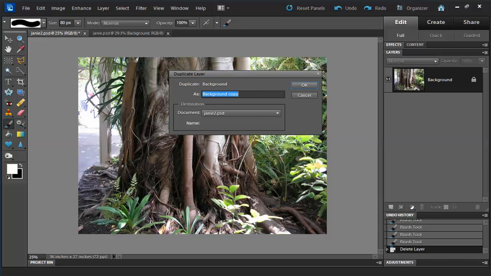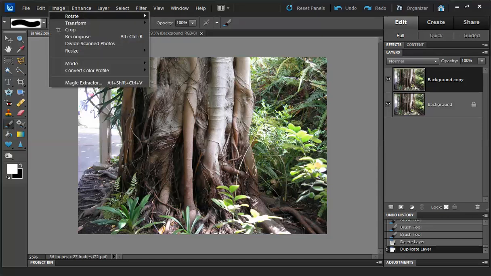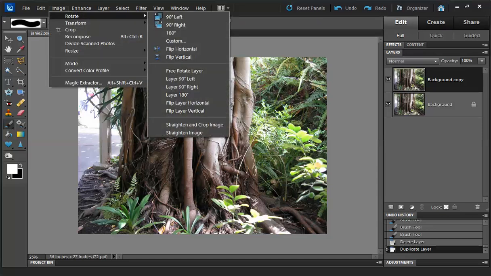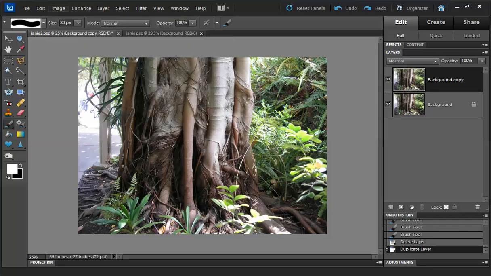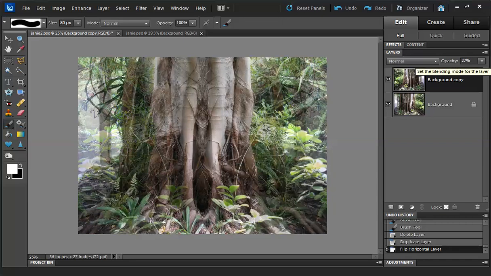I'm going to say OK. With the background copy chosen, I'm going to go up to the image menu. I'm going to say rotate, and I'm going to say flip layer horizontal. With the photo flipped, I'm going to go over and lower my opacity down to about 50%. Grab my move tool